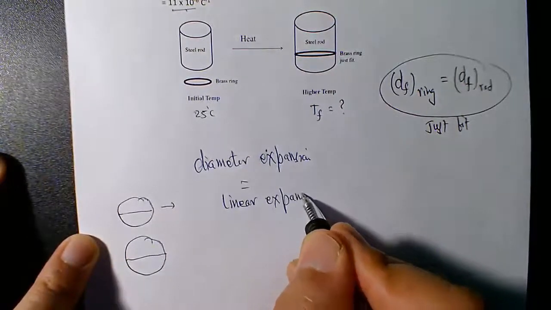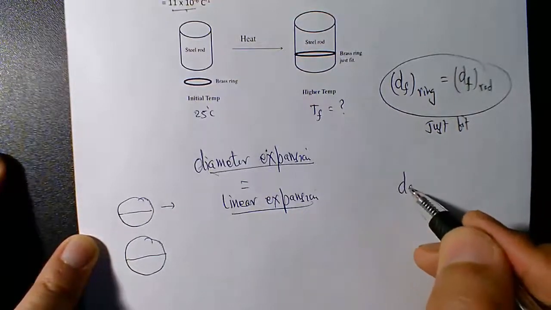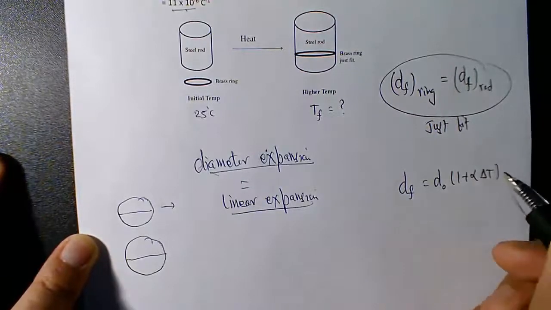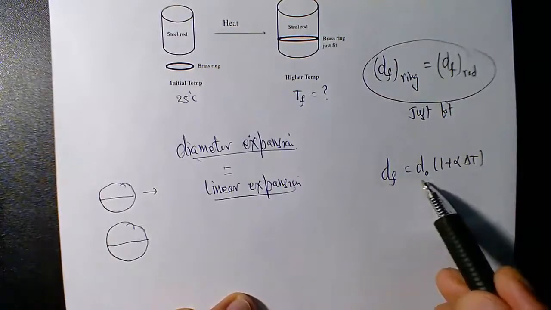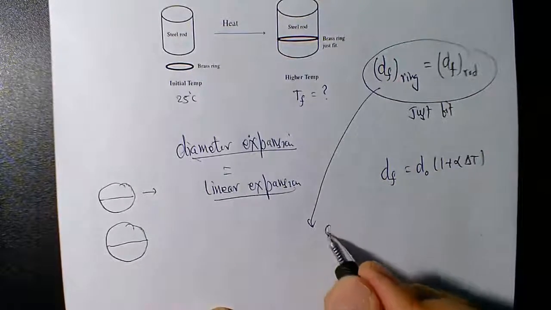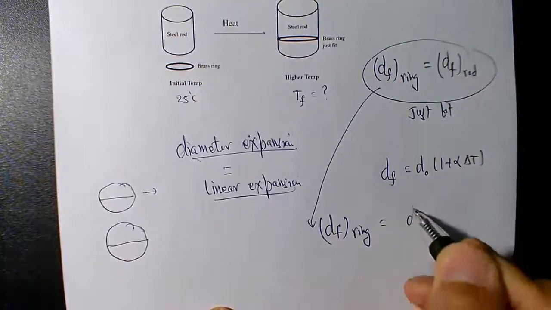And the linear expansion formula, D final is D initial times 1 plus alpha delta T. This formula gives you the relationship between final and initial diameters, so you can directly use it. Now, from here, we know D final of the brass ring must be equal to D final